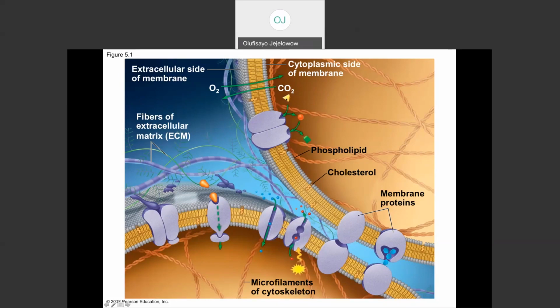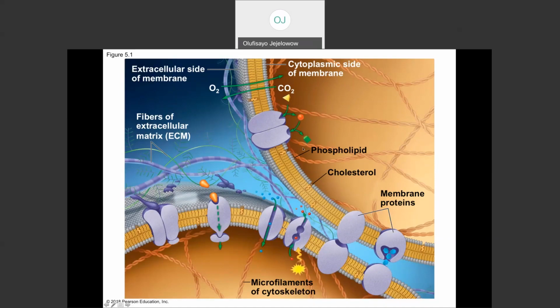So this is, for example, a reactant. This is enzyme number 1. It helps to change it to an intermediate product. And then enzyme number 2 helps to change it to the final product. So you can have a cascade of enzymes along the surface of the membrane, helping a series of metabolic reactions to take place until the final product is